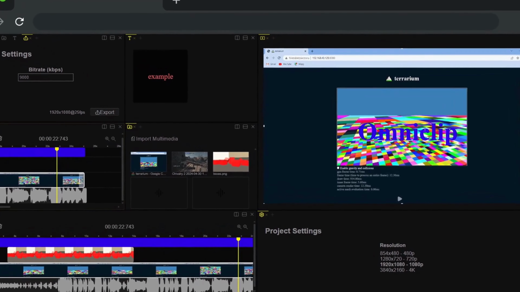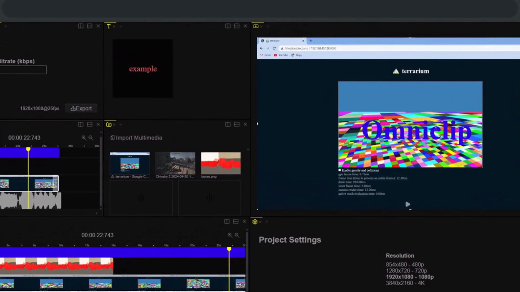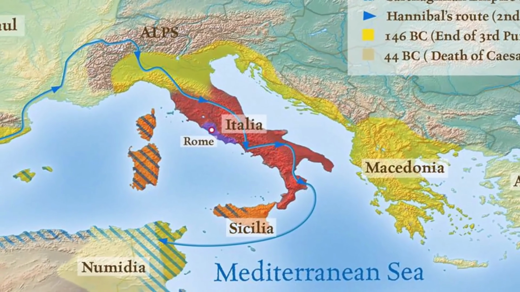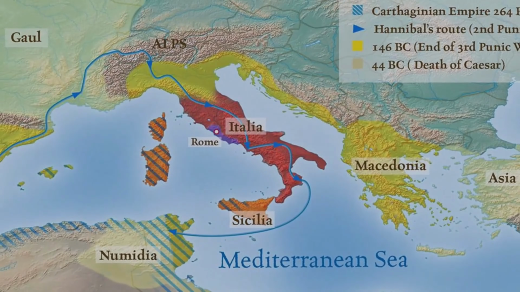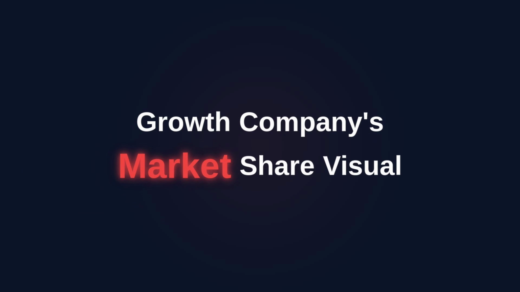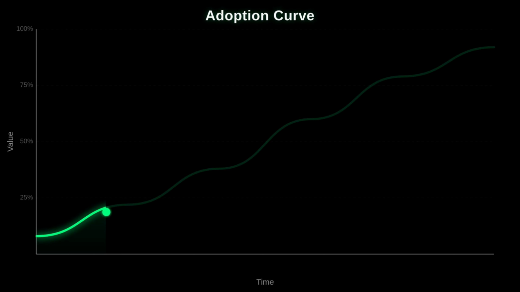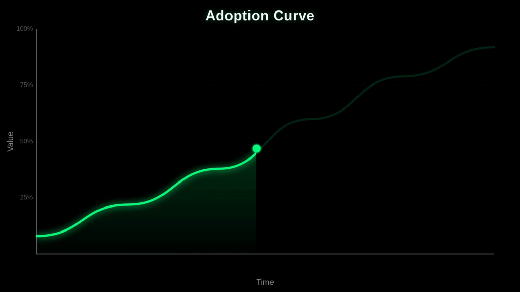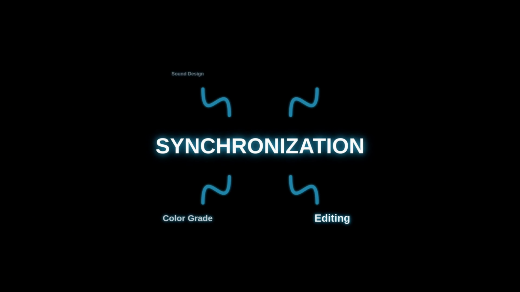For documentary and essay creators, this is significant. It means you can write a script about the expansion of the Roman Empire or the growth of a company's market share, and the visual layer builds itself around what you actually said. The chart appears when the number lands. The map animates as the narration moves. That synchronization is what makes a video feel expensive even when it wasn't.